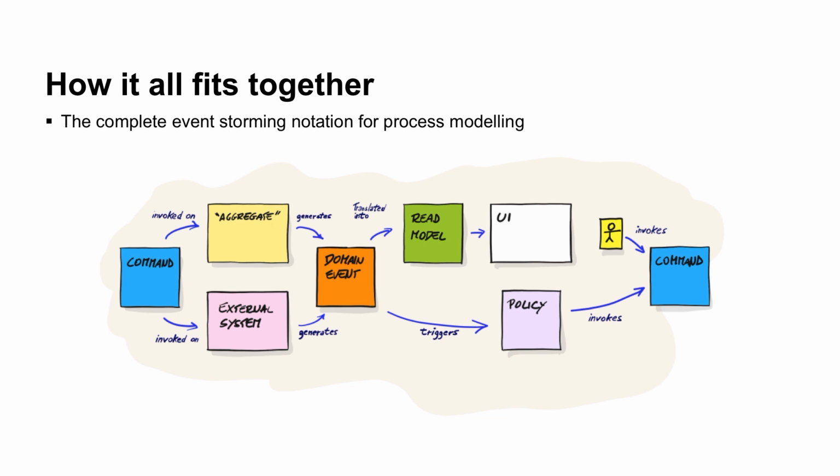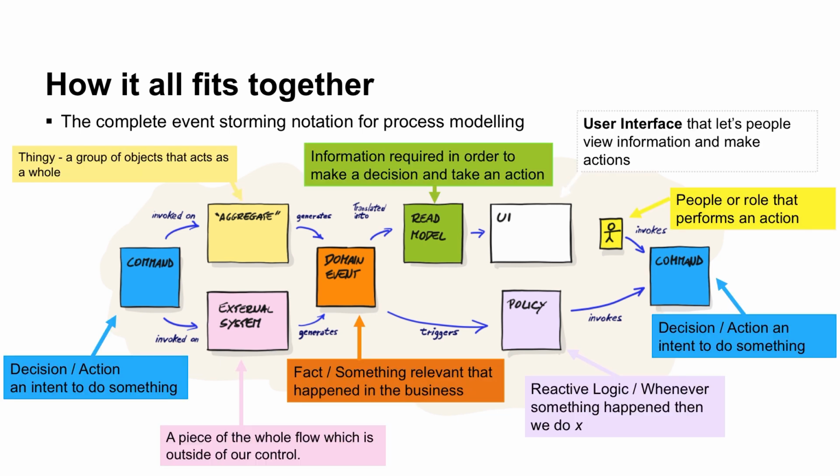But if you do the other parts, not the big picture, like process modeling or software design, you will introduce more concepts. And I will not go through all of these, but for you to have seen the whole picture where you can use it in other areas, especially if you're doing software design and you're actually building domain-driven design, event-driven or event-sourced systems, this is really important. And then you will have these commands, these aggregates, external systems, domain events, read models, user interfaces, actors or people, policies or reactions, and then you will have a command again, so that it will start over.